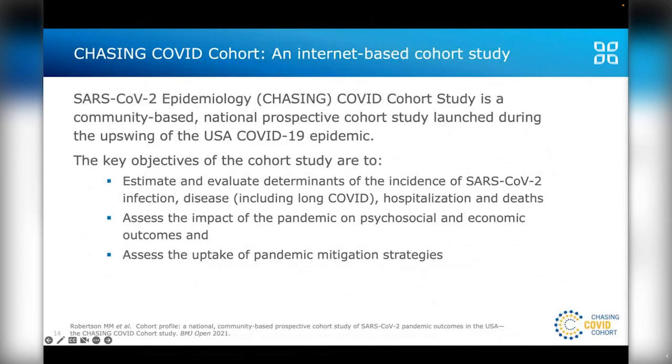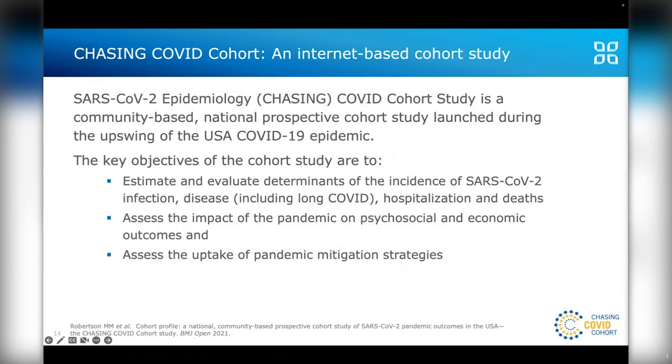So to illustrate how our team is conducting this kind of research, I wanted to present an example of a fully online longitudinal cohort study that we launched in March of 2020 called the Chasing COVID Cohort Study. The Chasing COVID Cohort Study is a community-based national prospective cohort study that we launched during the upswing of